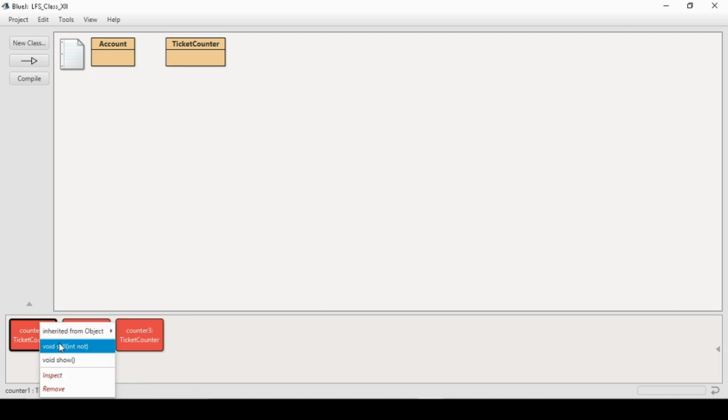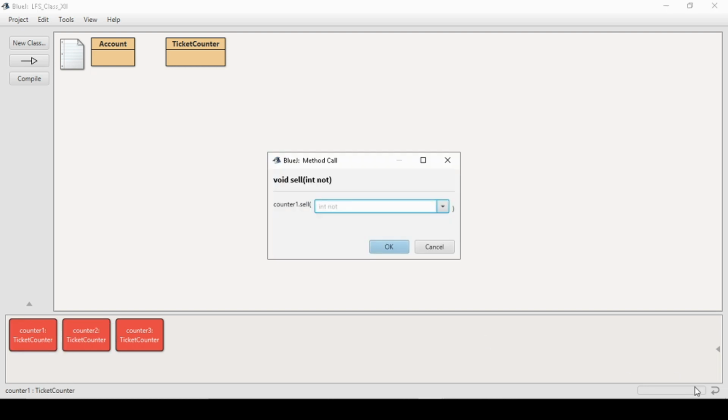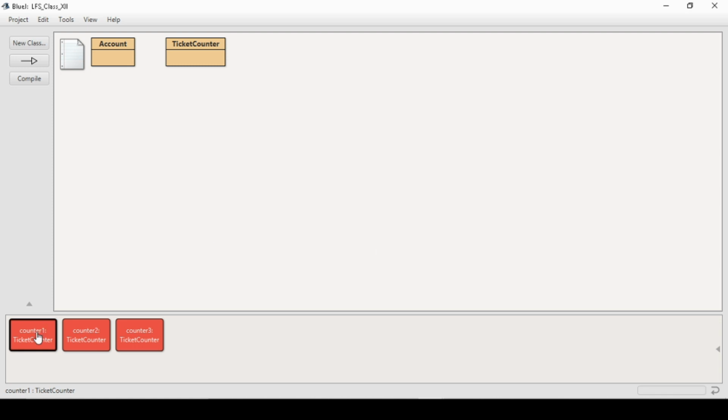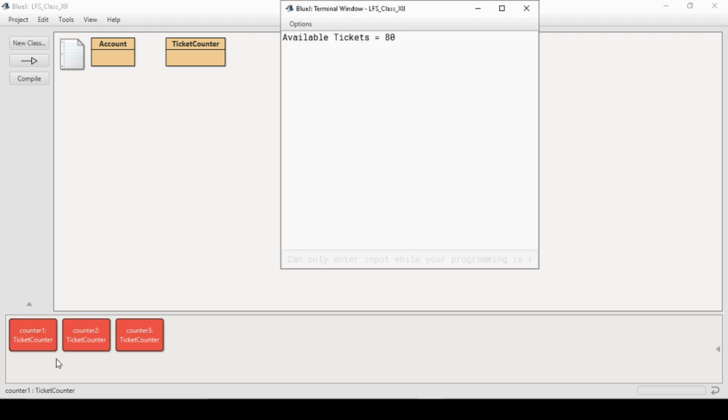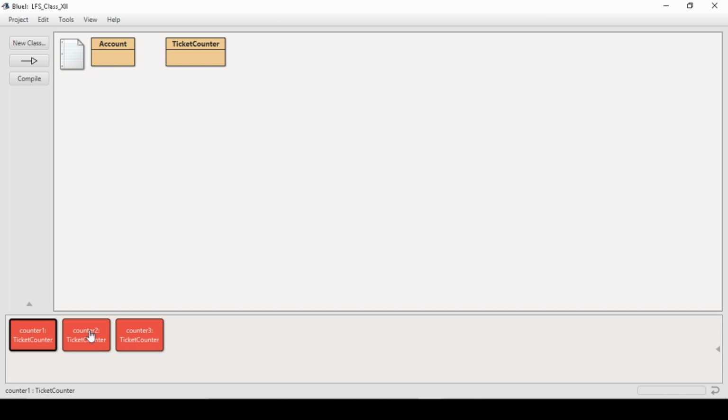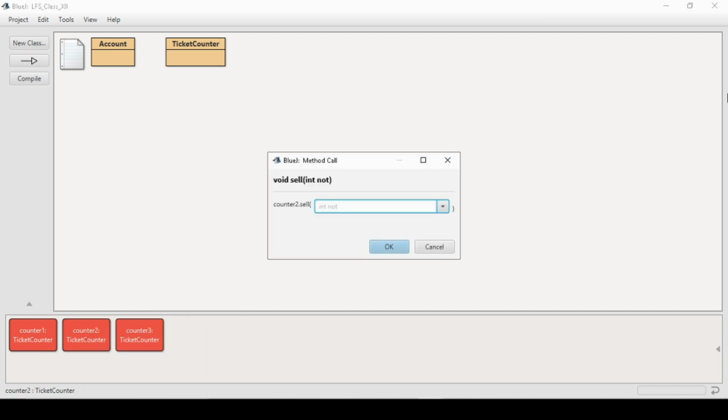Let's go to the first counter, click on sell, and I will ask for 20 tickets. It will of course sell those tickets. I have not shown any message over there, but let's show the available tickets. Available tickets is 80. Now from counter 2, let's sell 50 tickets.